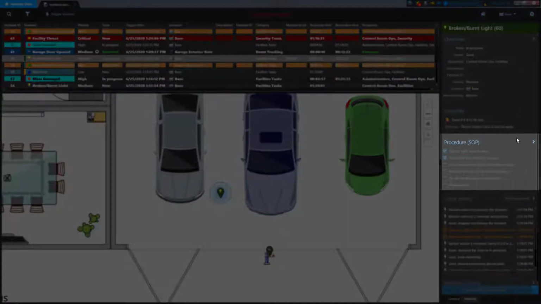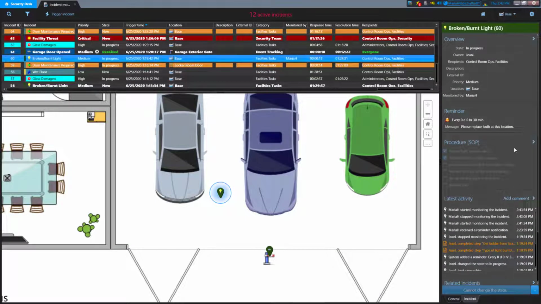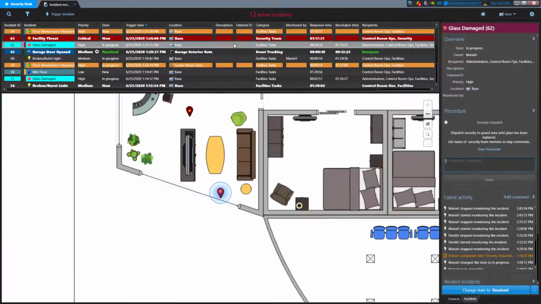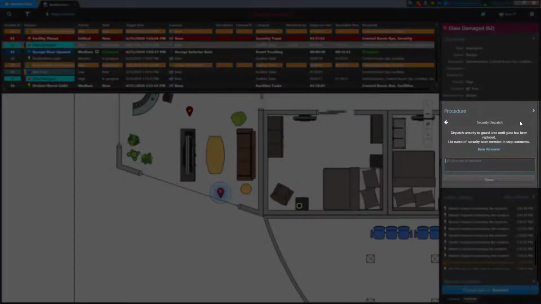The Procedures section is the next one down in the list, and this may be displaying one of two things. If the incident is fairly straightforward, the administrators of the system will have set it up using simple procedure steps. In this case, you'll see all the procedure steps with checkboxes next to them. If the incident steps may change depending on the situation, the incident will be set up with dynamic procedure steps. The Procedure section will only show the current step with options for you to select.